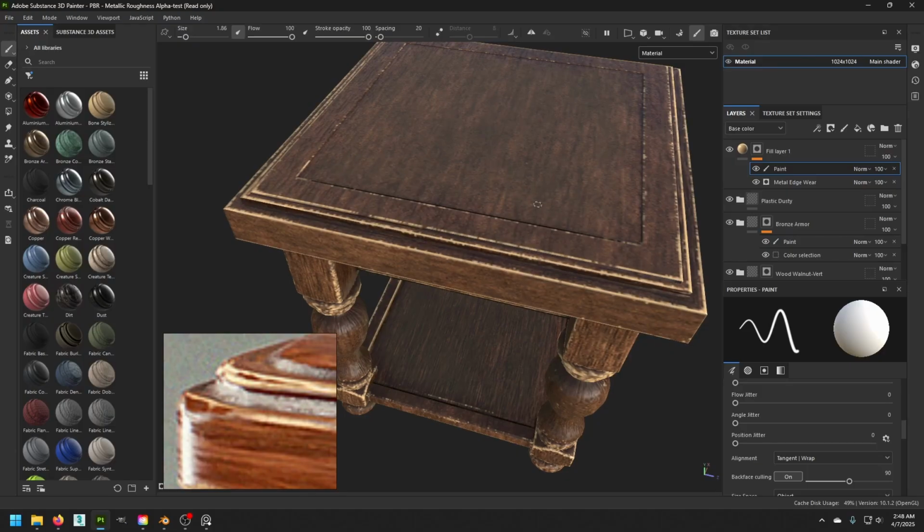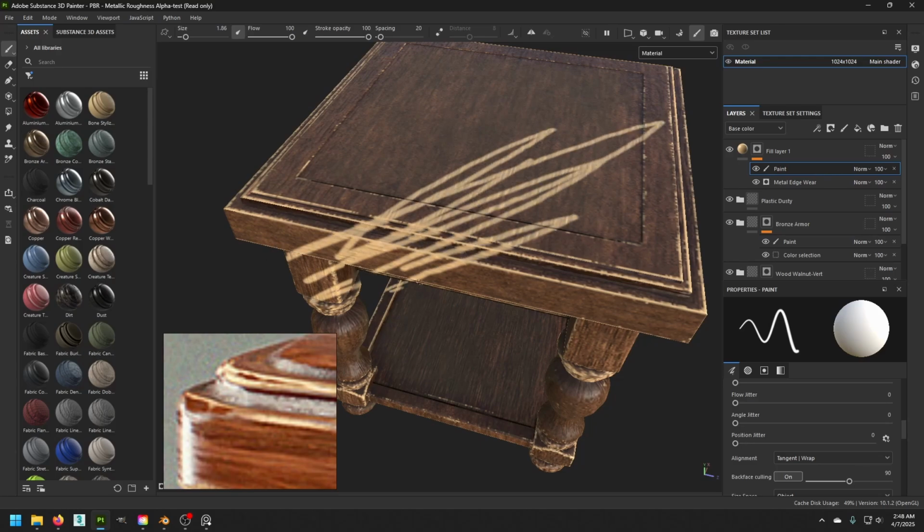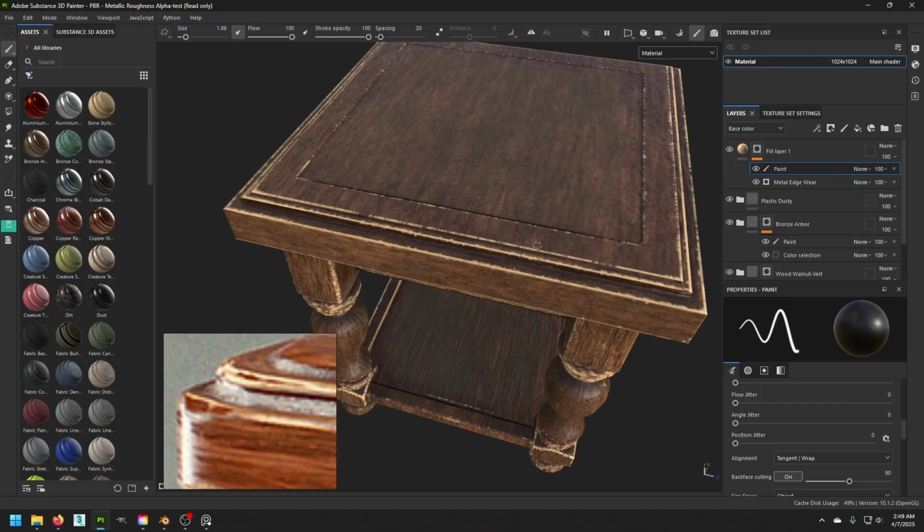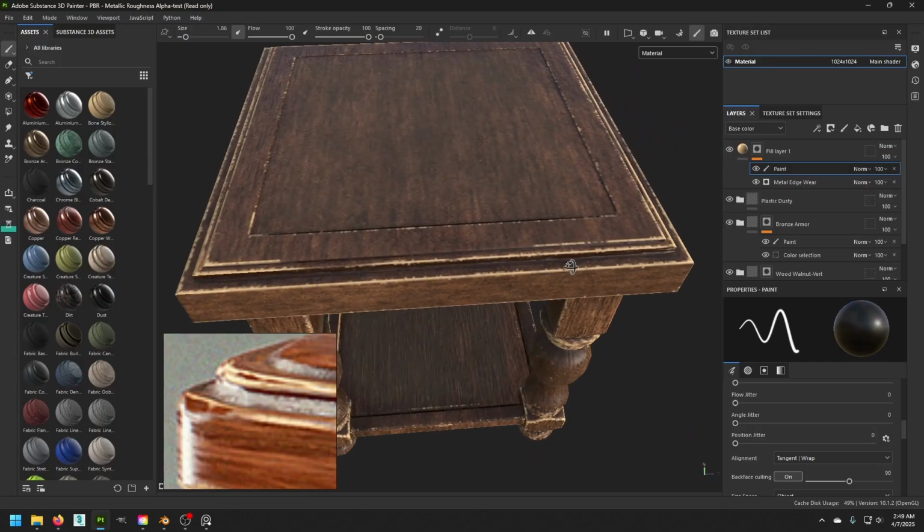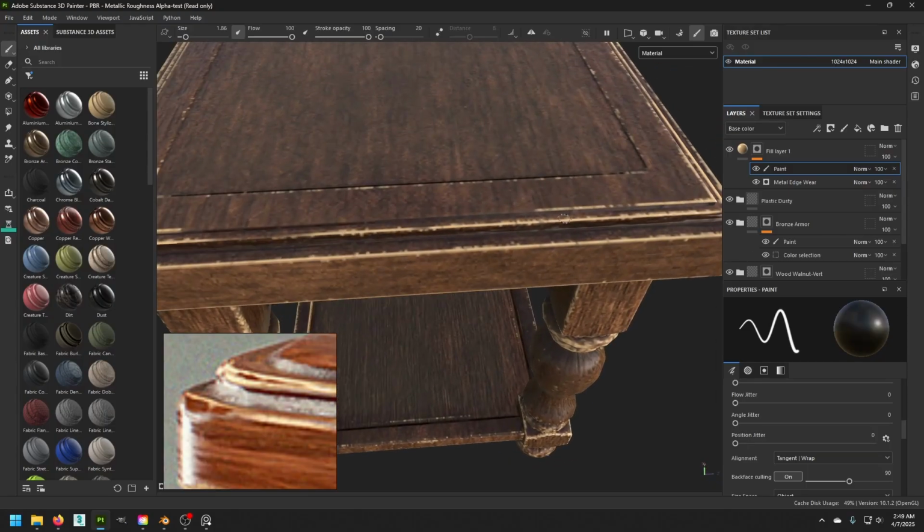So normally it's additive. So with this, it's basically adding a brush to this, which is filled with white, adding to our metal edge wear on top of it. But I actually want to go in and subtract away. So I'm basically using X to be able to change between one and the other. And right now this is basically always on or always off. So I need to change this to be